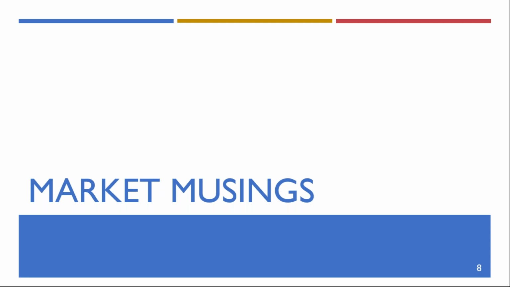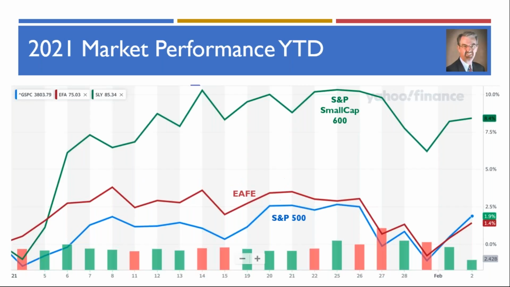And let's take a look now at the state of the stock market here at the beginning of February. Here is a graph of the market performance year to date for the three segments of the market that I like to follow, that I think represent what's going on in markets around the world and in the US. The big news is that small cap stocks are on a run. Year to date, the S&P Small Cap 600 index is up 8.4%. The Russell 2000 index is also up.